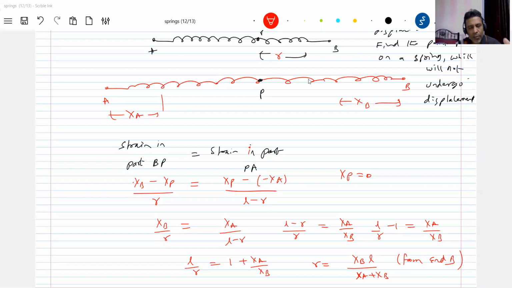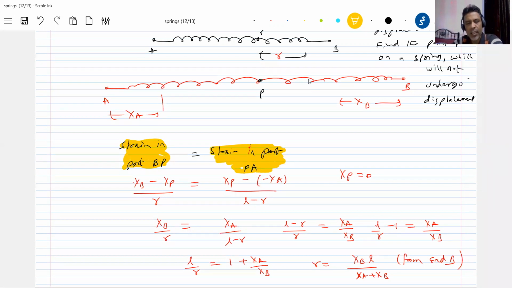Okay, got the idea now? There'll be some point on a spring, always there'll be some point on a spring which will be at rest. So you do one thing, just analyze now. If both the ends of the spring are given displacement in the same direction, opposite, analyze all. I give this basic formula. Our entire discussion revolves around this, what information he has given. So don't forget the possibility of asking questions on a very simple basic idea of the spring.